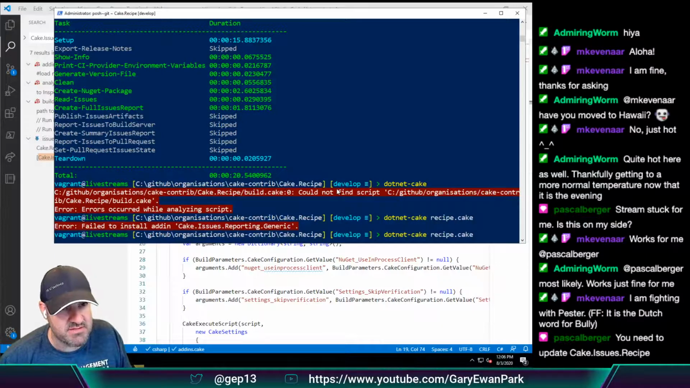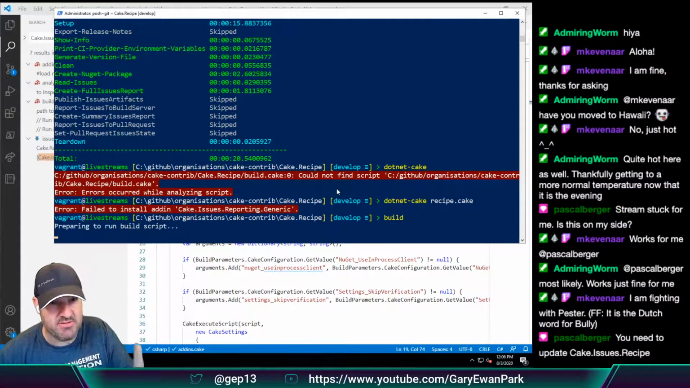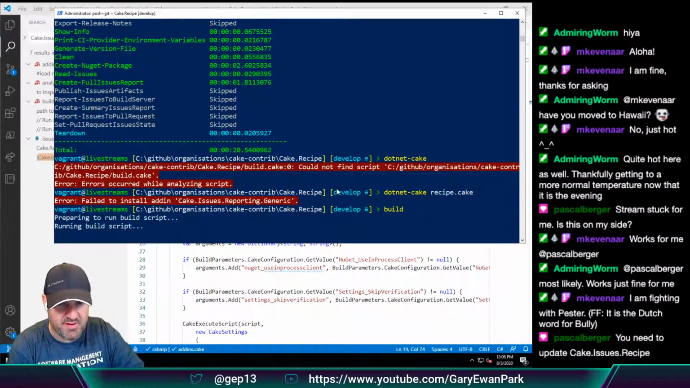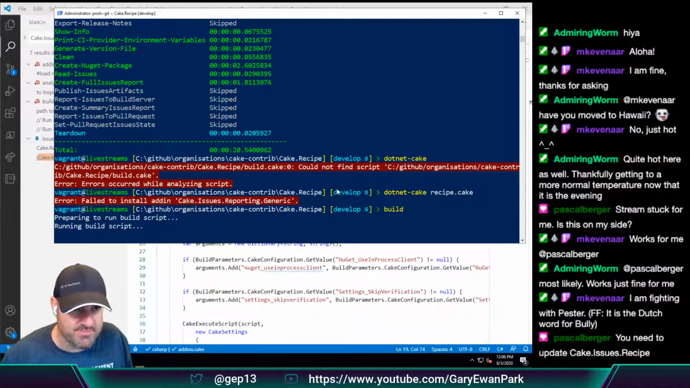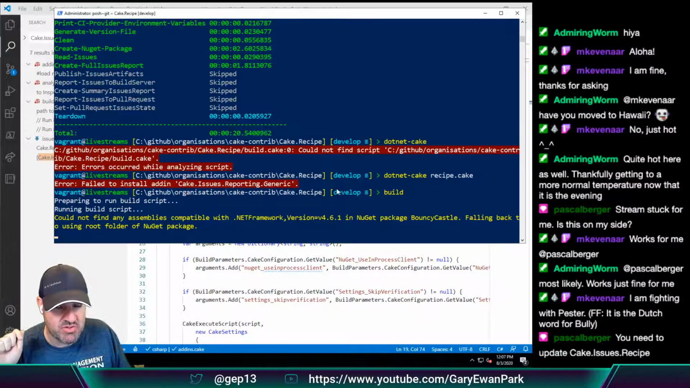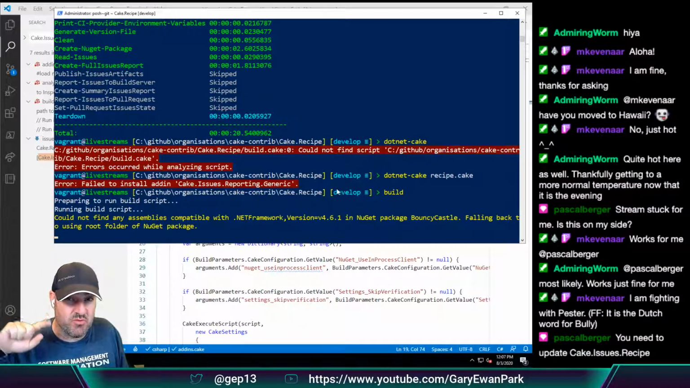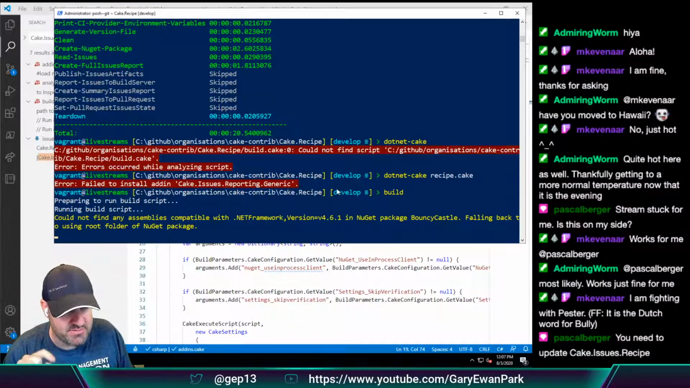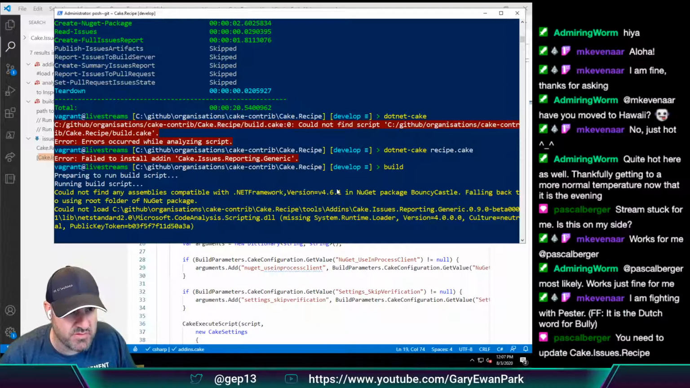So the first test is that it still runs under full fat .NET framework and we haven't broken anything. Now we might have broken something because Cake.Issues.Reporting.Generic has updated its requirement to run with a higher version of Cake, I believe. So we may see a warning here. But if it's just a warning, we can get past it, or we can bump the expected version of Cake. So what we're seeing here: